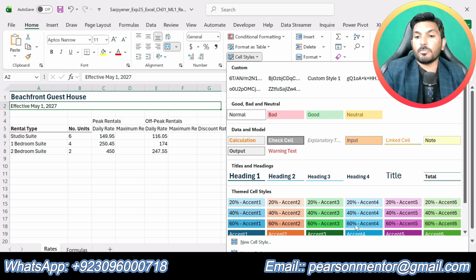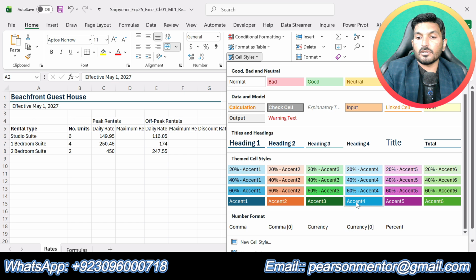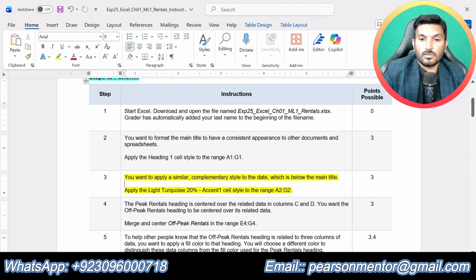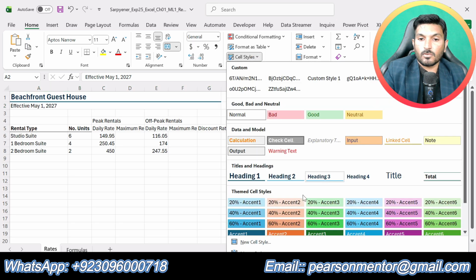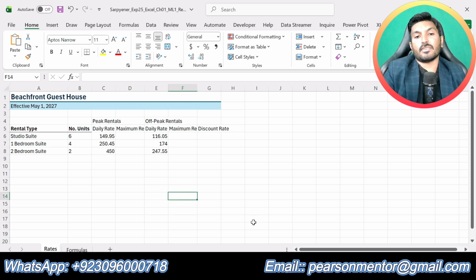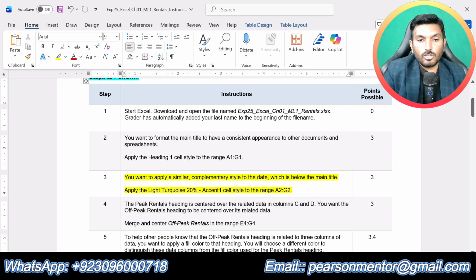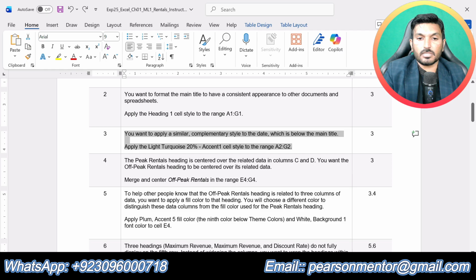We are supposed to apply this cell style. Okay, so that is all about step number 3.